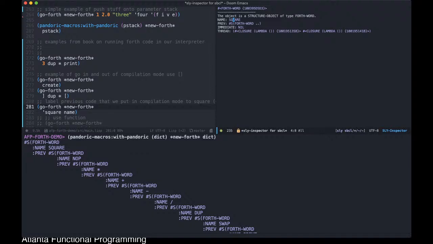Its previous word is obviously going to be whatever was at the top of the dictionary before, which I think was no-op, based on what I'm looking at here. We haven't set the immediate mode of this guy. All right, so it is a compiled word,